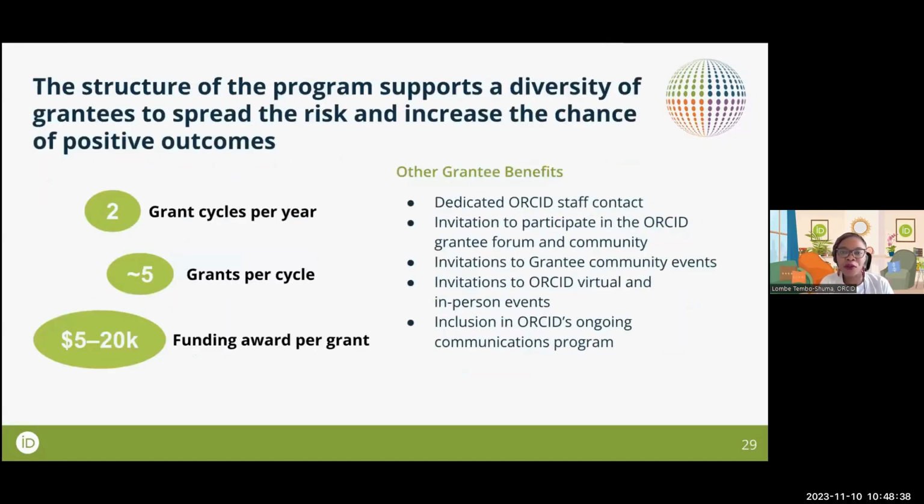So the structure of the program supports a diversity of grantees to spread the risk and also to increase the chance of positive outcomes. So we have 2 grant cycles per year. And just like I said earlier, we recently finished the 3rd cycle. We stopped receiving applications for the 3rd cycle, which was the 2nd one for 2023. We actually started the GPF. We launched it last year when we had the 1st cycle. So for each cycle, we accept about 5 grants, and the funding award per grant is between $5,000 and $20,000